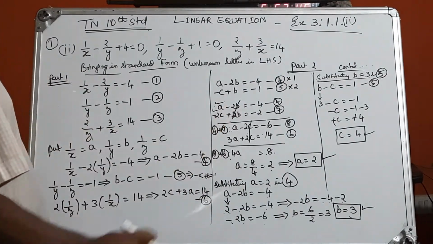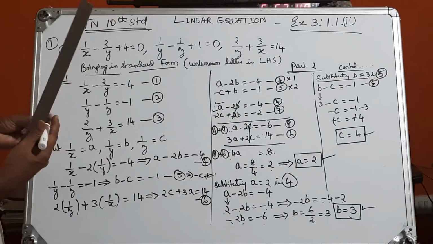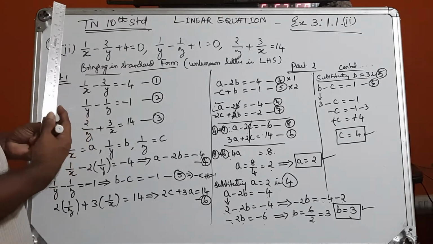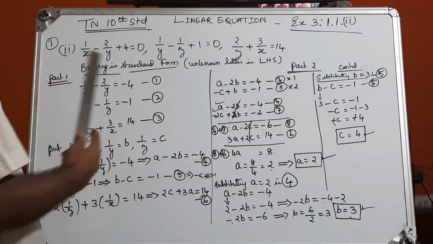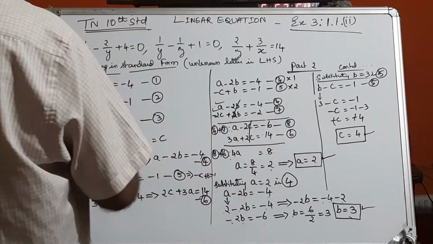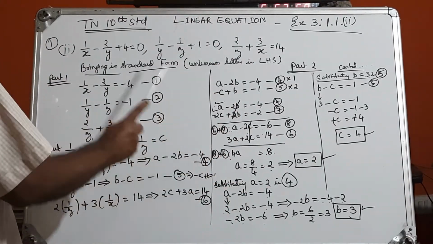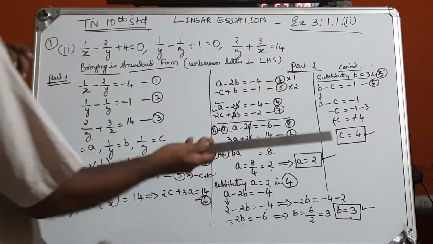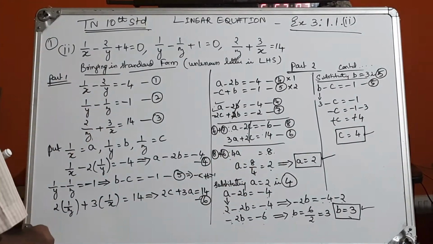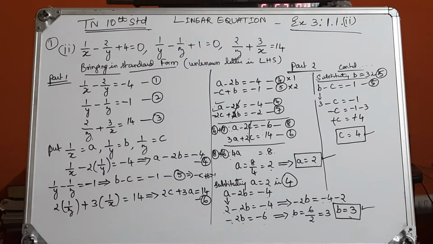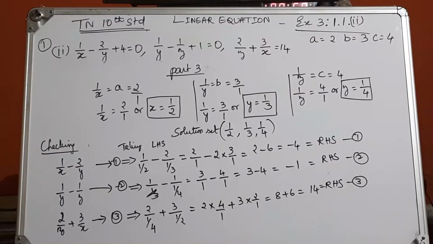y, and z. Now we will go to part 3. Part 3 is a very small part. We have to convert x, y, z in terms of a, b, c. You must convert in terms of x, y, z. The question is given as x, y, and z. Solve. So a, b, c is not the question. Just one step you have to make. That's a very important step. We'll do it, and checking also we'll do. So now we'll do the last part.